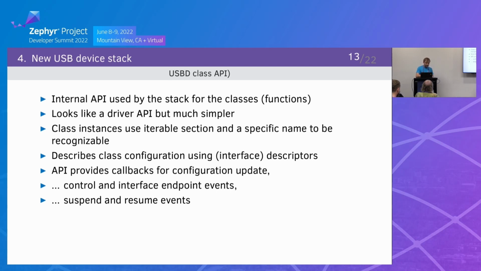Like if the user enables two CDC ACM examples, CDC ACM0 or CDC ACM1. This internal API provides callbacks for configuration updates, control, interface, endpoint events, and all the suspend and resume